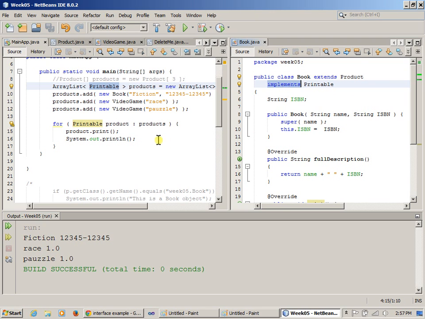Okay, so this is a demo where it still works with some tweaks, and this still works. So let's